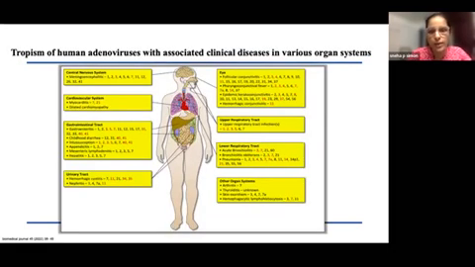This is the tropism of human adenovirus, with various organ system involvement. In the central nervous system, it results in meningoencephalitis; in the cardiovascular system, myocarditis and dilated cardiomyopathy. In the gastrointestinal tract, it can result in gastroenteritis, diarrhea, intussusception, appendicitis, mesenteric lymphadenitis, and hepatitis. In the urinary tract, hemorrhagic cystitis and nephritis. In the eyes, it can cause follicular conjunctivitis, pharyngoconjunctival fever, epidemic keratoconjunctivitis, and hemorrhagic conjunctivitis. Respiratory tract involvement, upper and lower respiratory, as acute bronchiolitis, bronchiolitis obliterans, and pneumonia. Also, it can cause arthritis, thyroiditis, skin exanthems, and hemophagocytic lymphohistiocytosis.